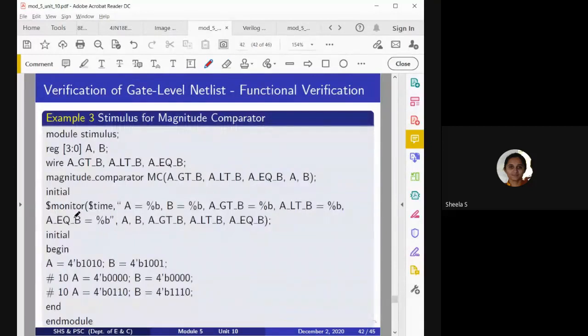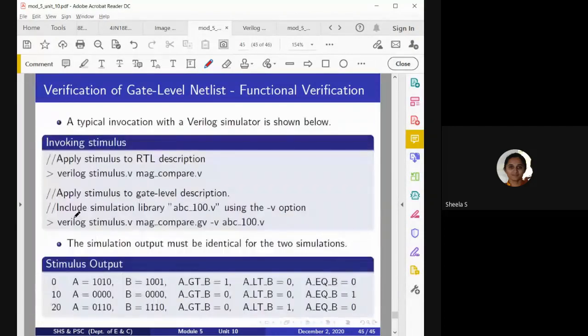So now we have to give stimulus for both the RTL description and the gate level description, and we have to check if both are identical, then the circuit is correct. Otherwise, we have to redesign. This is how we are going to consider verification of the gate level netlist.